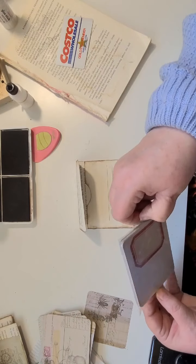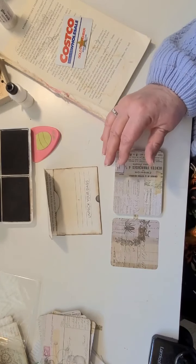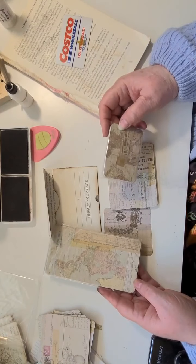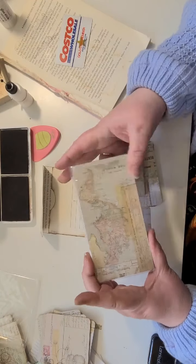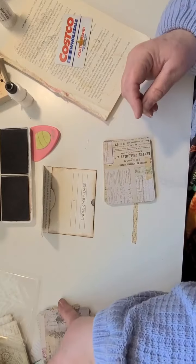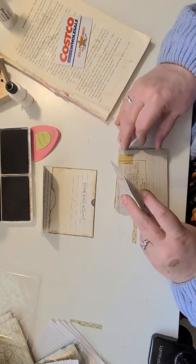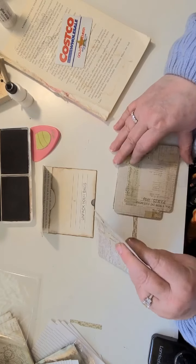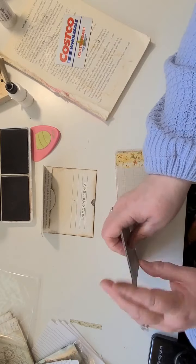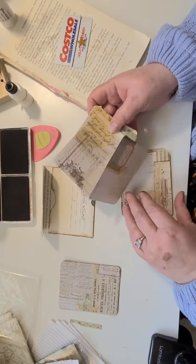They come in several sizes. You get like 100 of them, which is pretty awesome, especially for a Tim Holtz product, because you know they're not cheap, but these are the sizes you get. This one is a nice size, and then this small one, and then these two kind of medium ones. So yeah, I thought that was a pretty good deal. Like I said, you get a lot of them of each size, and I can't remember how much they were, but Tim Holtz stuff, like I said, is not cheap, but these weren't too bad. They might have been on sale too. I can't even remember what store I got them from, to tell you the truth. I don't know if it was Joann's or...